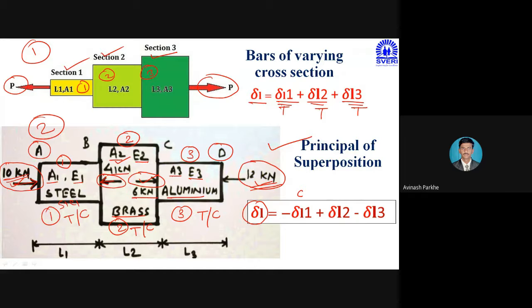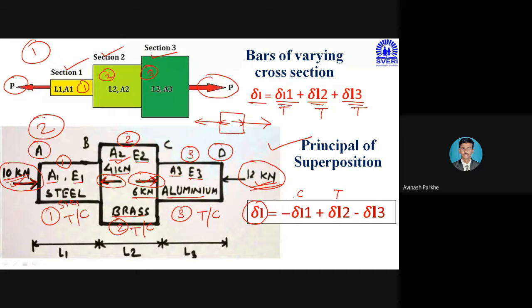Similarly, now think about section number 2. 4 kilonewton force is applied, 6 kilonewton force is applied, which is moving to the right side. According to these 2 directions, please tell me whether section 2 is under tension or compression. Tension. टेन्शन म्हणजे काय केले, बाहेरच्या बाजूने ओढण्याच्या ऐवजी आतल्या बाजूने त्याला काय केले, बाहेर ढकलले. म्हणजे आपण दरवेळी टेन्शनची फिगर कशी बघतो बघा. I will draw one more figure like this. तेच फक्त काय केले, हे फोर्सेस आतल्या बाजूने अप्लाय केले. Therefore, the second section is under tension. Therefore, in the total deformation formula delta L2 is positive.